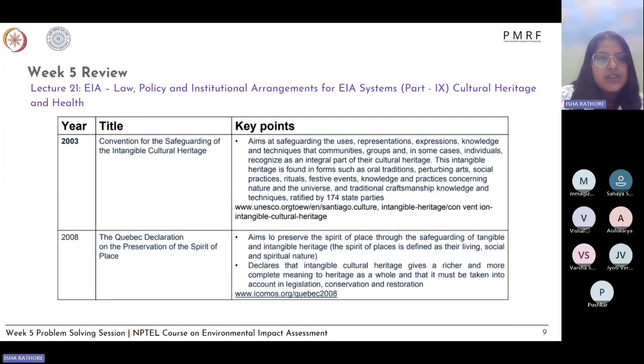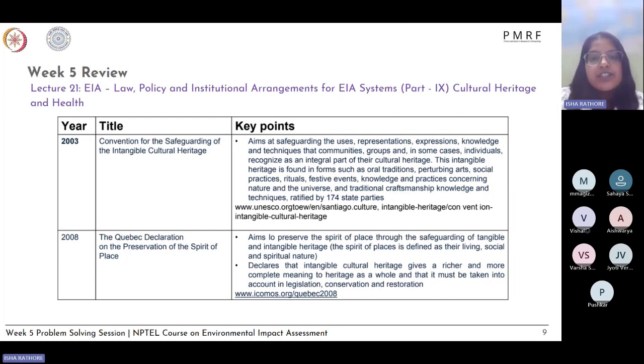2003, we had the Convention for the Safeguarding of the Intangible Cultural Heritage. So, there are two aspects: anything which is tangible, which can be measured, and intangible, which cannot be measured directly in quantity terms. So, emotions are intangible aspects. Knowledge systems which are passed on from one generation to another are another intangible sort of heritage. So those kinds of systems, those kinds of knowledge or cultural heritage, and their safeguarding and protection, and how to map them and how to restore them.